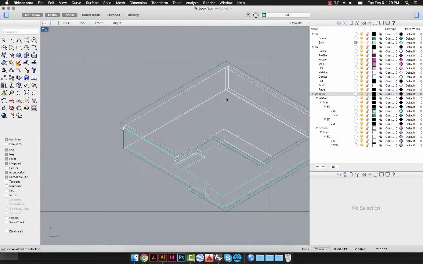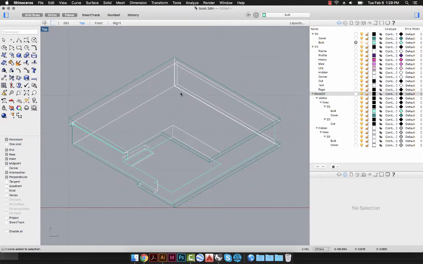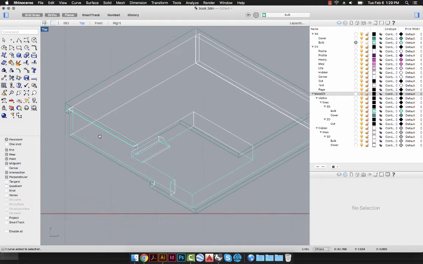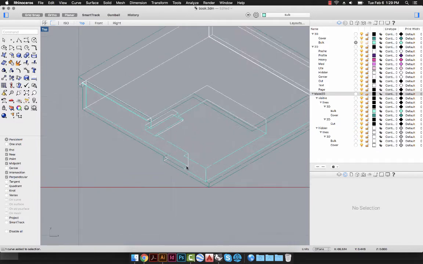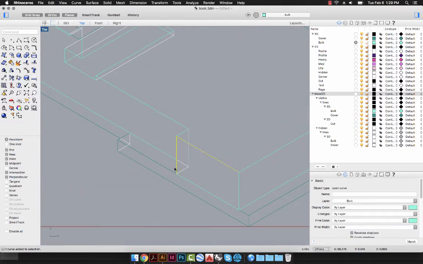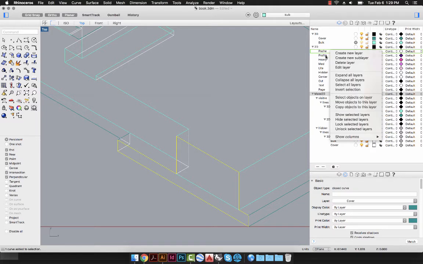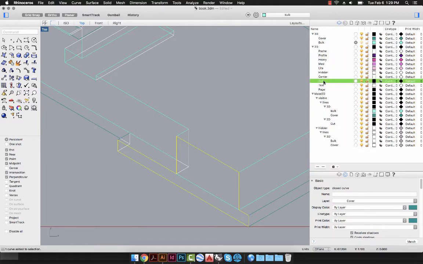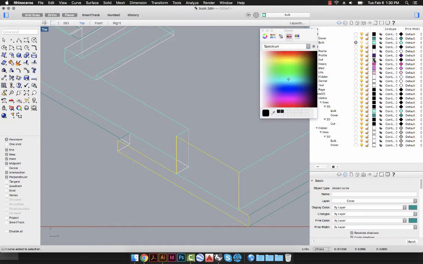So first of all, this isn't just what you see is what you get. I'm going to figure out what the cut layer is, or what my cut line is, and I'm going to select those lines and use a couple of simple commands, one of them being join. So I'm going to join that layer, and that layer is going to go to my profile or cut. So let's go ahead and drag that up near the profile, because I know that my cut lines are going to be